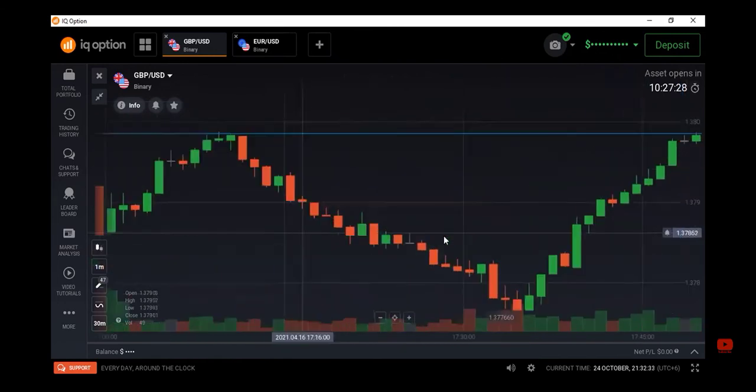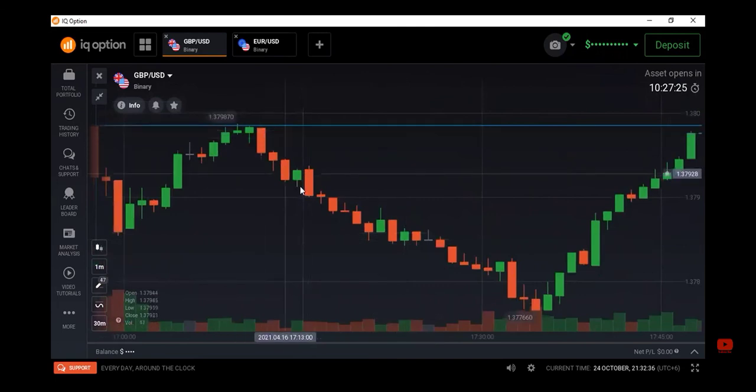So when market started falling down, it already created three candlesticks. After that one candle, market again falls down, so support level is here. So now we can expect market may create more candlesticks from here to here because support is below here. So when market creates a large wave, then we can expect a short wave,